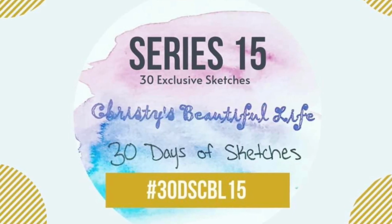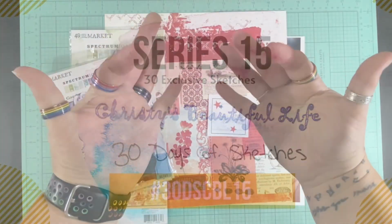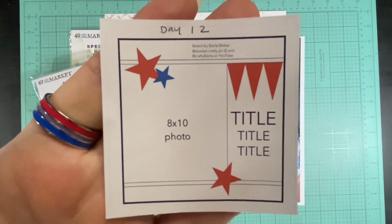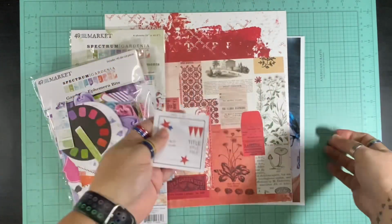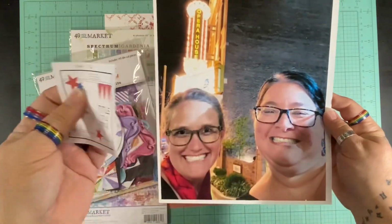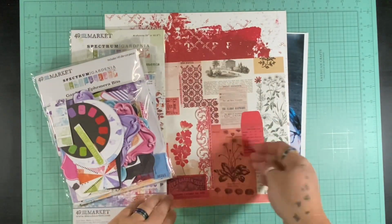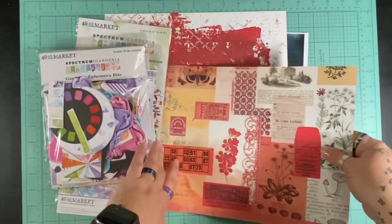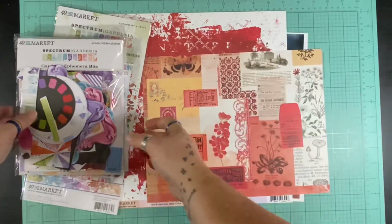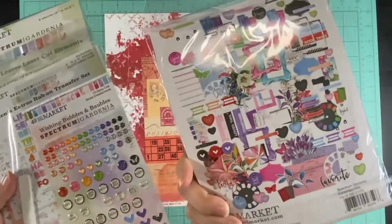My name is Kristen and I am here with day 12 of 30 Days of Sketches with Christy's Beautiful Life, Series 15, full of 30 sketches that were exclusive for us. And this one is by Darla Weber and it is a large picture, which I don't normally scrapbook anything but 4x6 or smaller, occasionally a 5x7, but I decided to pull out this picture that had something in the background. I wanted to be more visual,